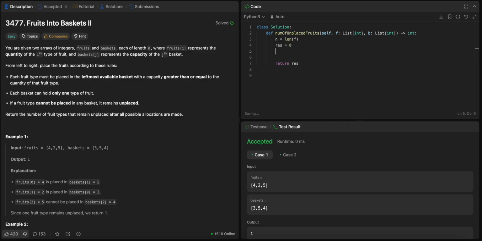And in between, what we need to do is for i in range n, let's initialize the flag variable to false. For j in range n, so from j equals 0 to n minus 1, we check basically all the baskets. If baskets[j], the capacity, is greater than or equal to the quantity, then we say that